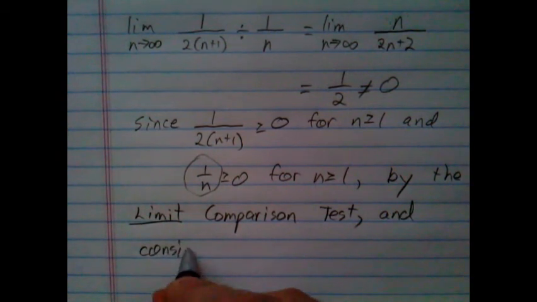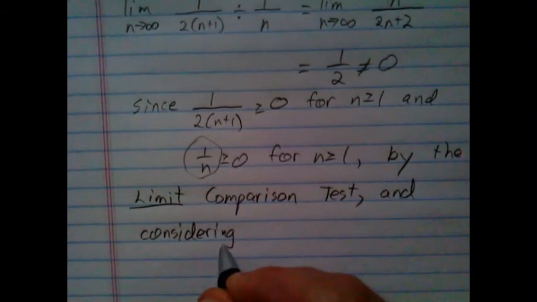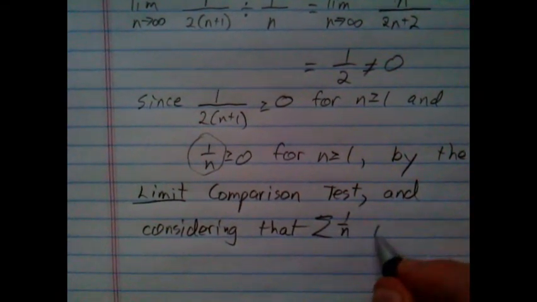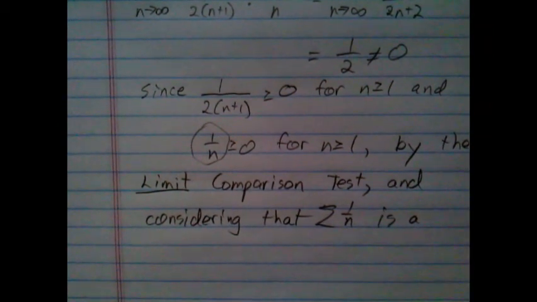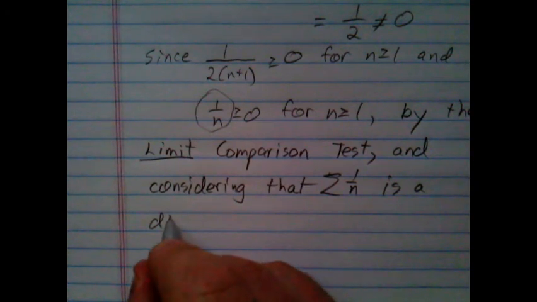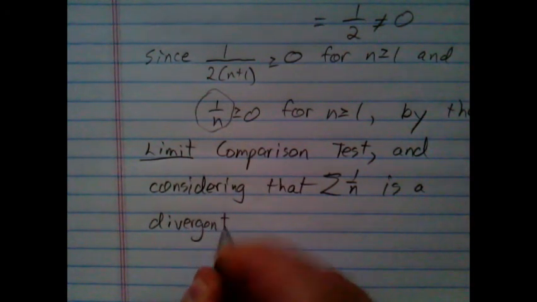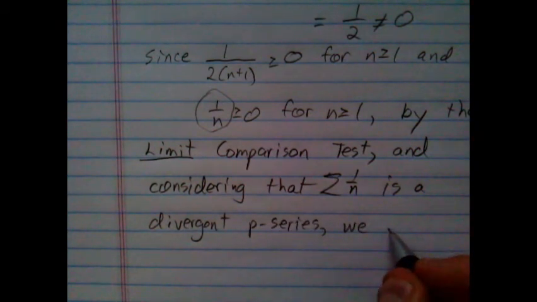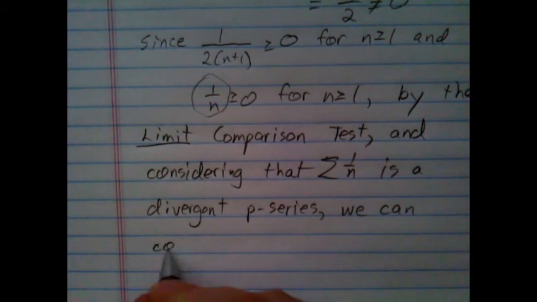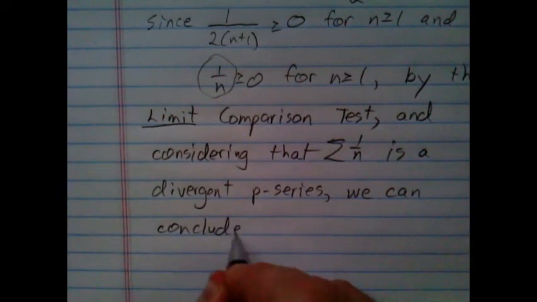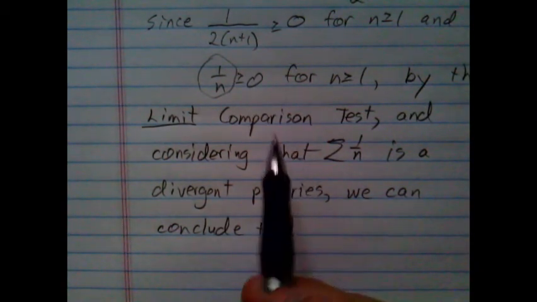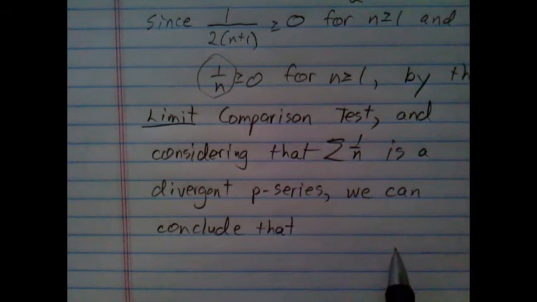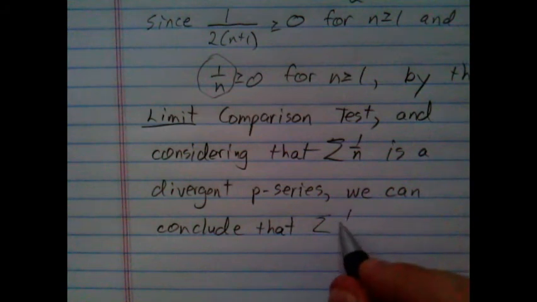Considering that the series whose nth term is 1 over n is a divergent p-series, we can conclude, so the idea is that if all this stuff is satisfied, the two series we're comparing either both converge or both diverge. So now we can conclude that the series we were testing